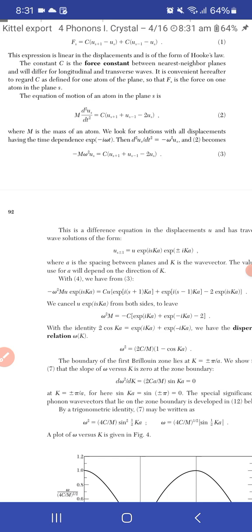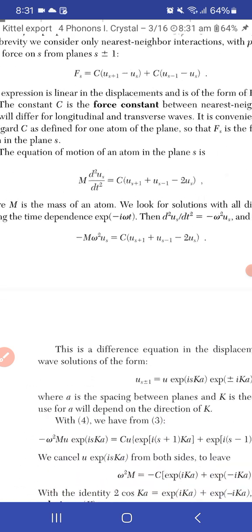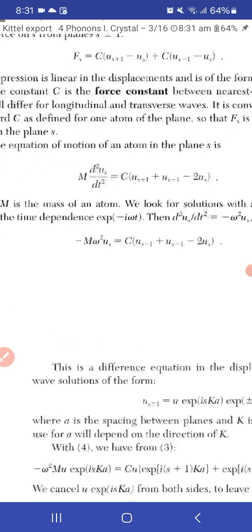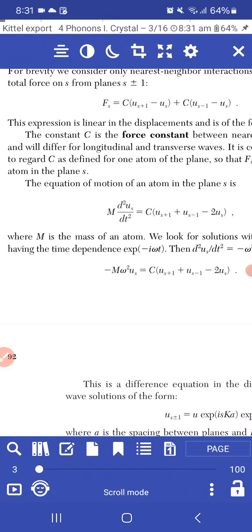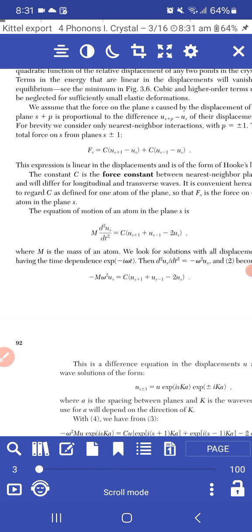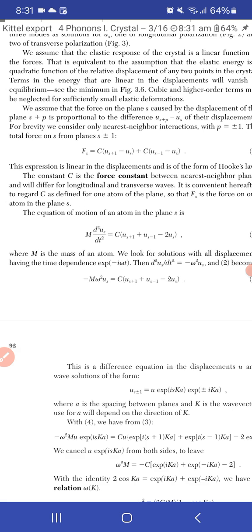time dependency, क्या है, टाइम डिपेंडेंसी exponential of minus i omega t. We look for solutions with all displacements having the time dependence ये। Now see, टाइम डिपेंडेंस ऐसा होने से सोल्यूशन आएगा। ठीक है, मैथमेटिकल हैक यहाँ पे यूज कर रहे हैं। सो i omega t, और ये फ्रीक्वेंसी भी देता है, इसलिए हम लोग exponential of minus i omega t यूज कर रहे हैं।